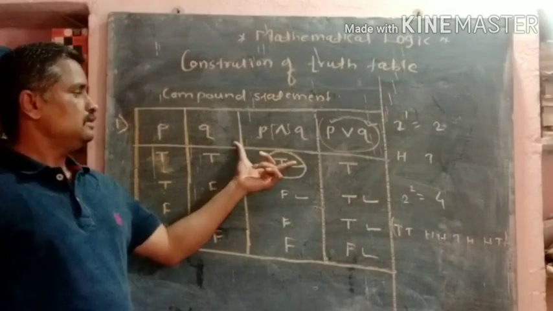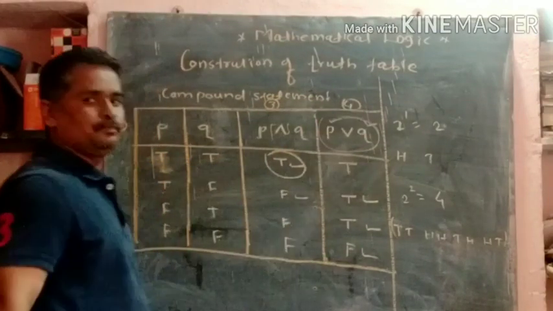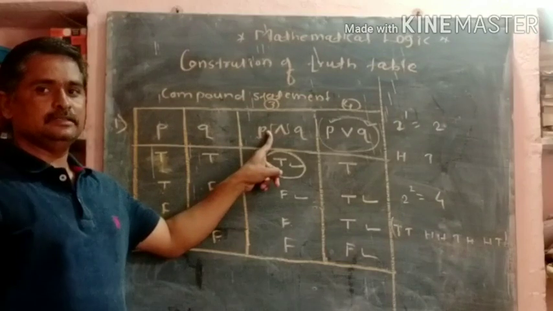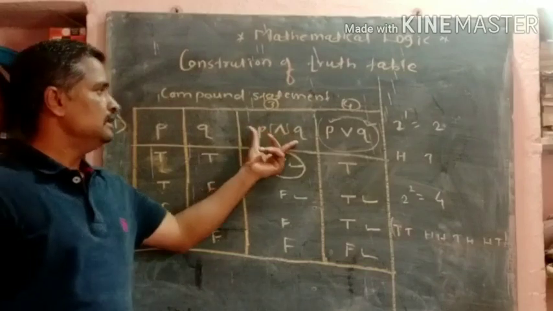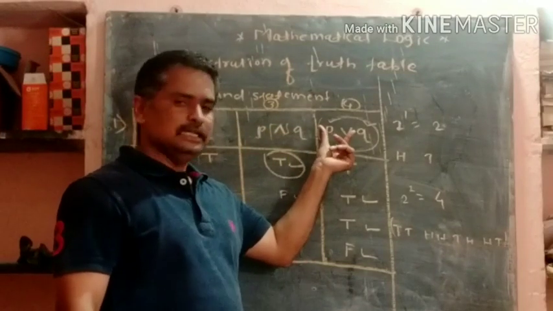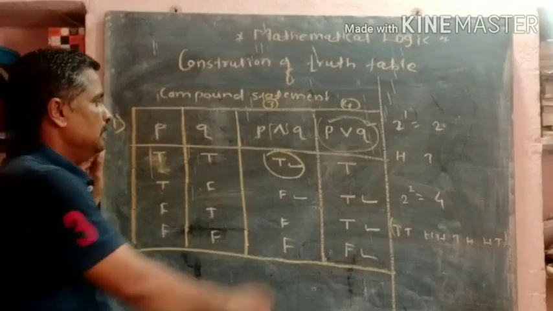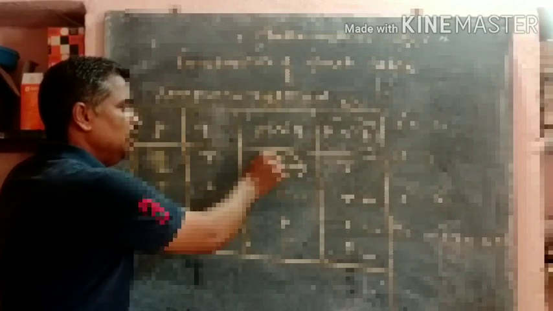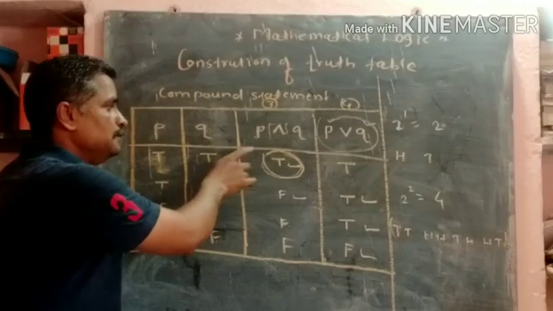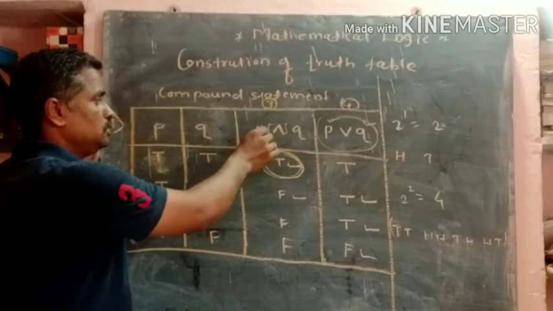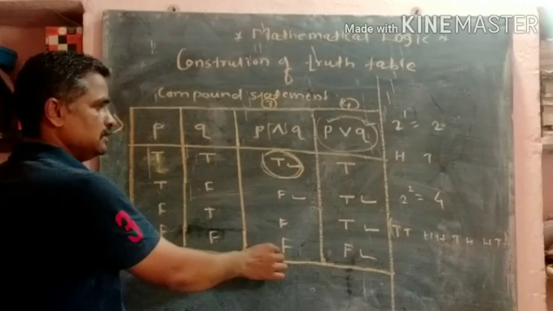So compare column number 3 and column number 4. In column number 3, we already used the operation conjunction. In the fourth column, we use disjunction. If we compare the two columns, in the first column there is only one T, if both are T. In conjunction, if both statements have truth value T, then it is T, otherwise it is F. In a disjunction,